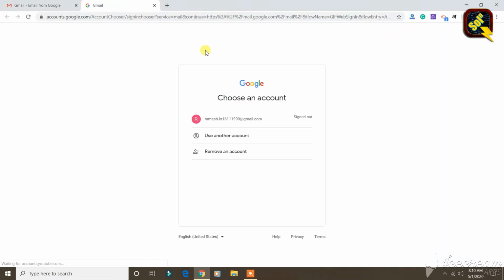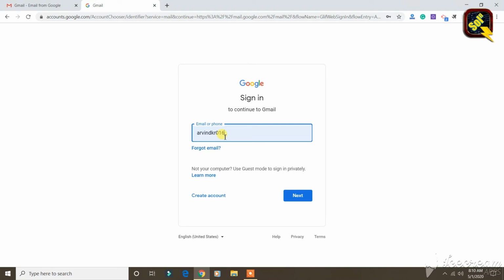Once you click on that option, you can see options like this. I have just signed out after creation, so that's why it is showing me these options. Or else if it directly asks you to enter your username and password, you can go through this also, or click on use another account and just enter your email ID here.